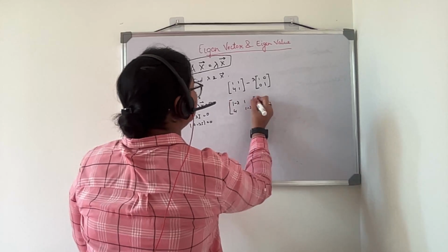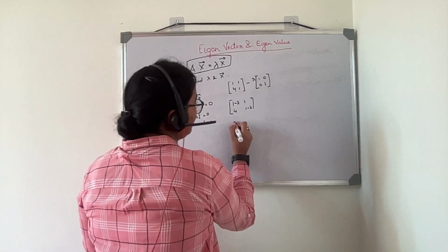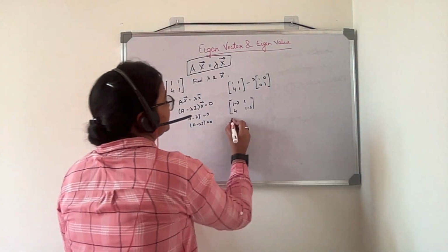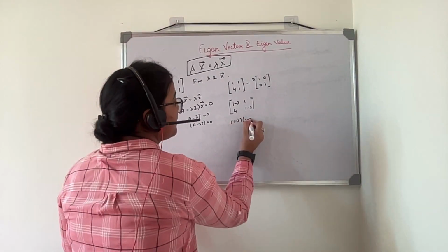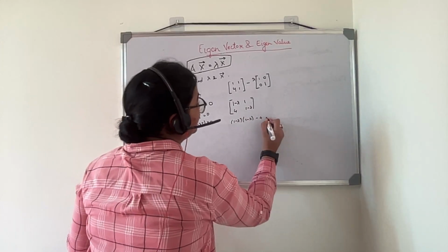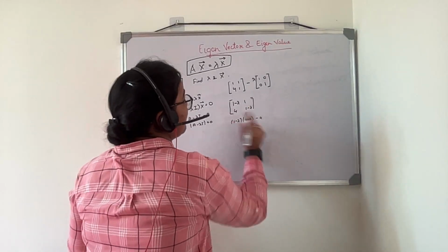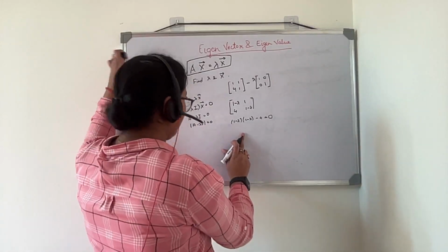This is the matrix that we got after solving this. The determinant of this will be the cross multiplication of (1 minus lambda) into (1 minus lambda), and then minus 4 into 1, so it becomes 4. So this is the determinant of this matrix, and it should be equal to 0. So for lambda, if we solve the equation, we will get